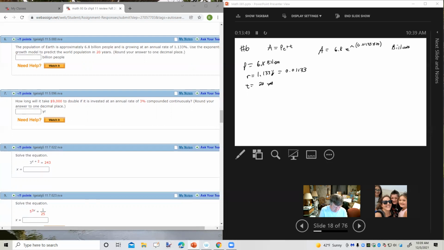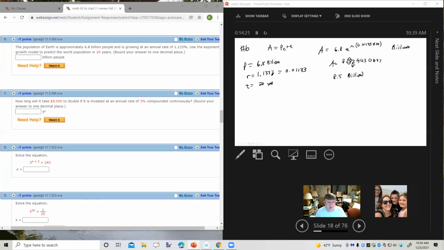So 6.8 times e to the 0.01133 times 20. Close that up, and we get 8.529430647. It says round your answer to one decimal place, so that would be right there. The 2 would round down, so it's 8.5